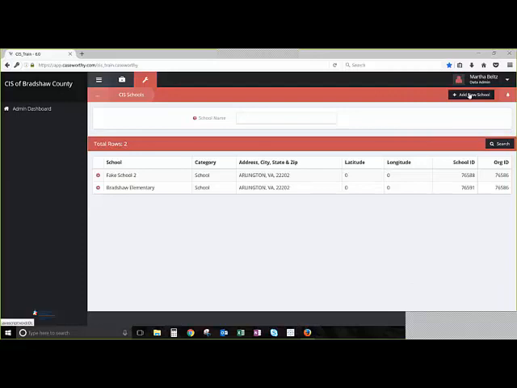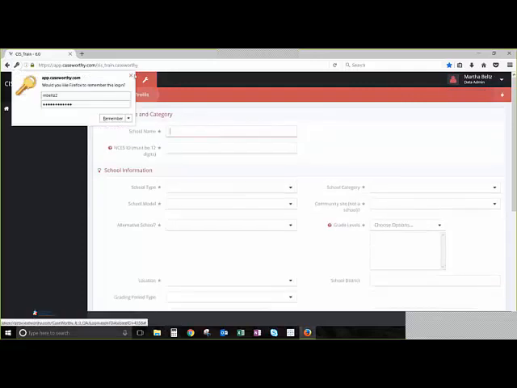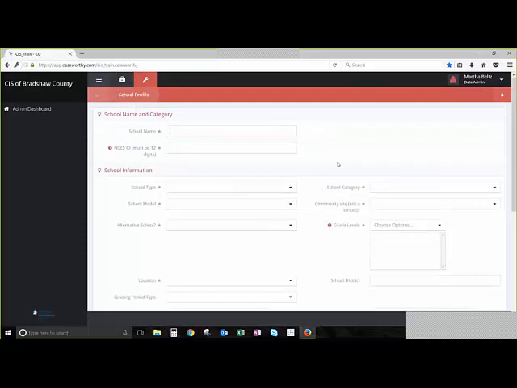So up here at the top right hand of the page, there's an Add New School button that you can click, and it will pop up a new menu for the school name. So for now, we're going to say this is Gretchen Middle School. Yay! And the second field is the NCS ID, which I know can be kind of cumbersome to put in,